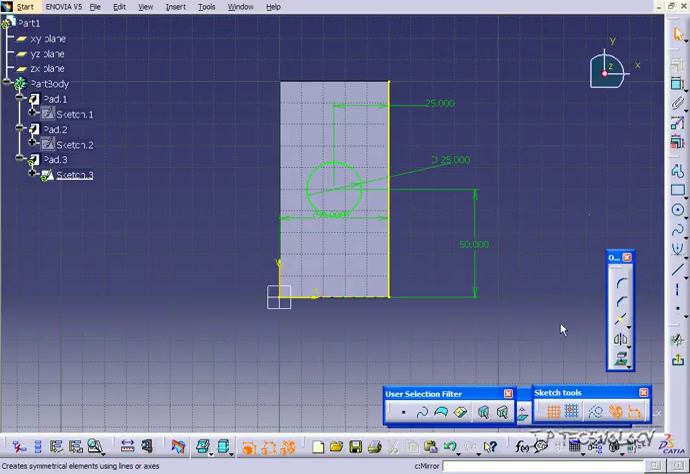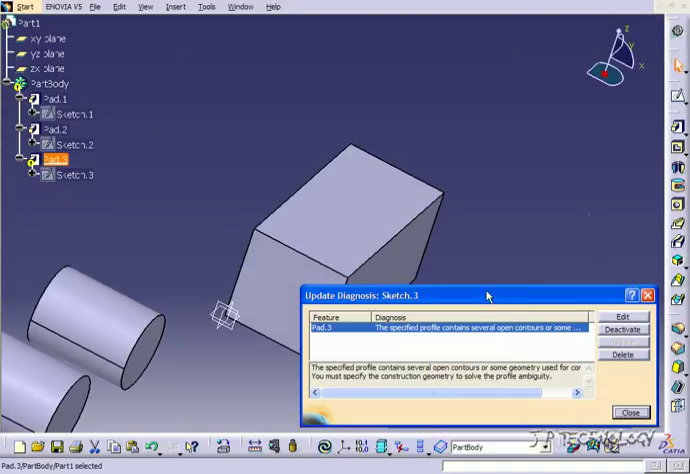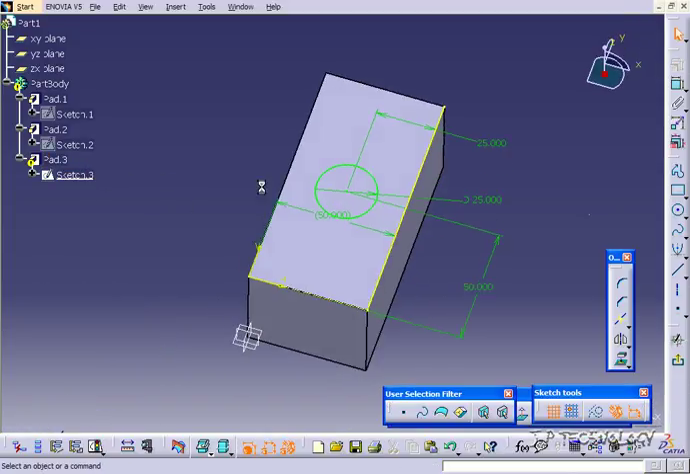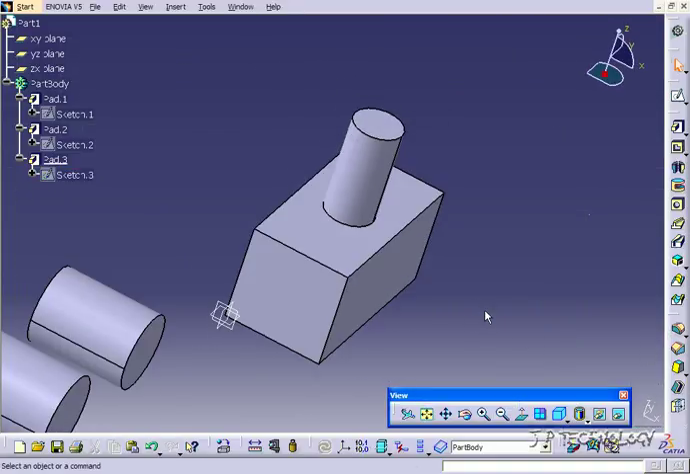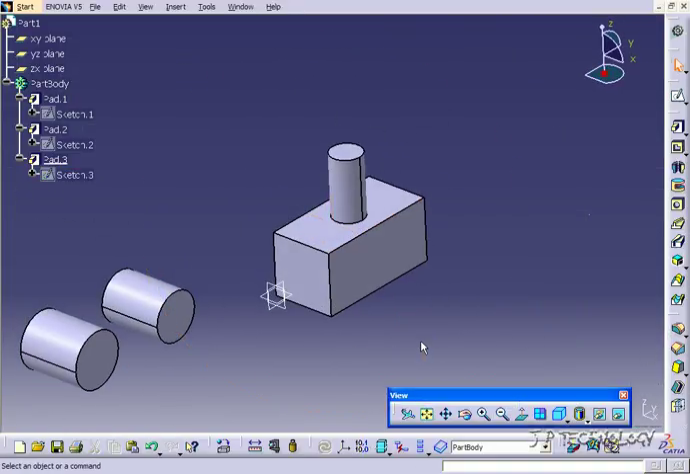Now let's just try to get out of there and let it rebuild, and it's going to show you an error. Now it showed you an error as there's open profiles. Now press close, we'll go back into that sketch, click that line, and we'll put it back to construction. Now when we go to rebuild it, it's going to come back up. So this is just to show you that you need to have these closed profiles